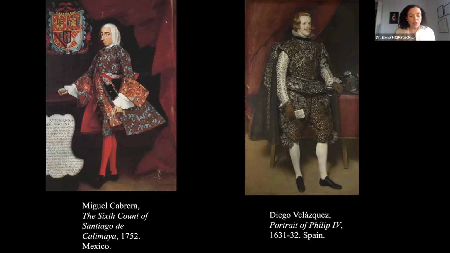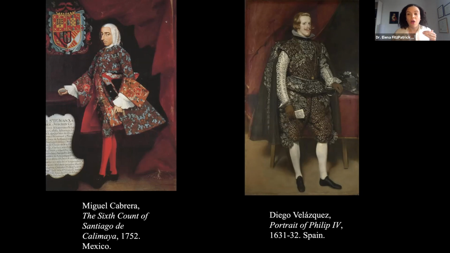So in this comparison, of course, this is a great way to get students talking. What do they see? What are the visual similarities that they can see between these two? What would they describe as Baroque in either one of these portraits? What do they see that's developing in the Latin American context that looks different from what they've already seen in Europe? And immediately they point out things like the really large cartouche with all these inscriptions that explain who this